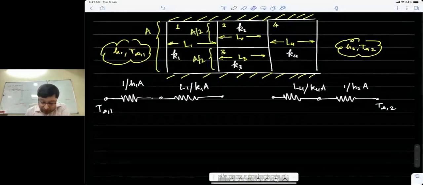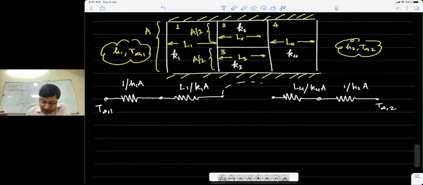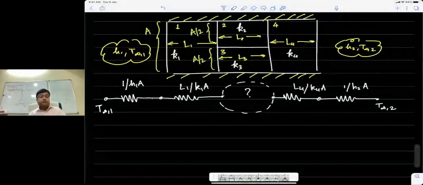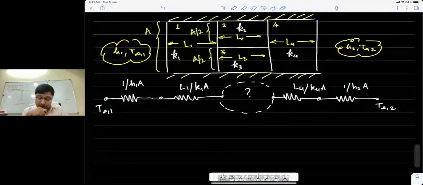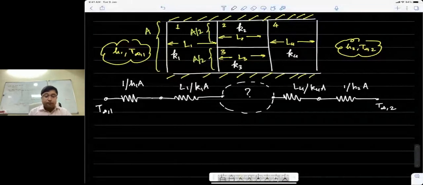Now the thing that we're concerned about is what happens through these two blocks, because it's an asymmetric system. There are two blocks with two different conductivities, so this need not be fully one dimensional. If the two blocks had the same conductivity, we could say that it is one dimensional, but right now the two blocks have different conductivity, so they will also have different rates at which they allow the heat to travel.